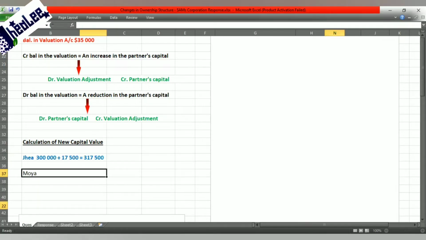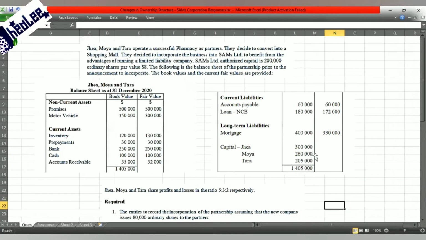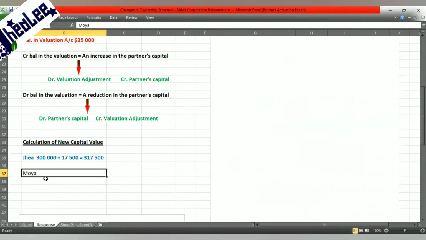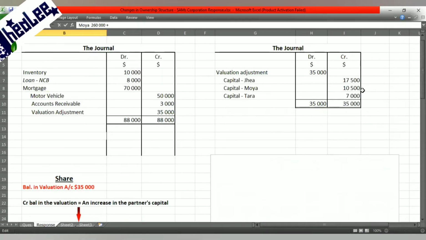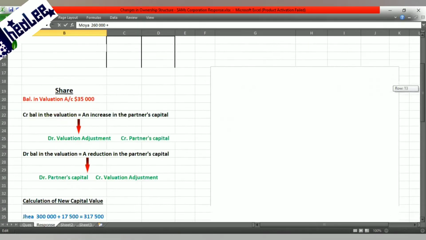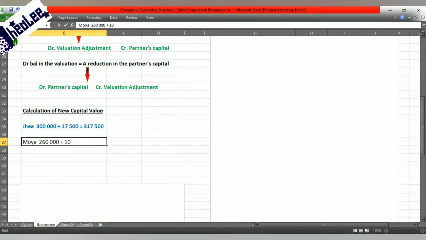Maya's original capital value is 260,000. So that 260,000 is added to the gain coming from the conversion, and Maya got $10,500 more. So we're adding that, and that gives us a value of 270,500 for Maya. And the final partner, which is Tara,